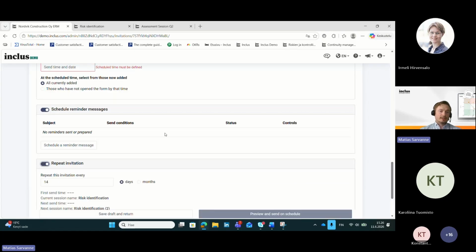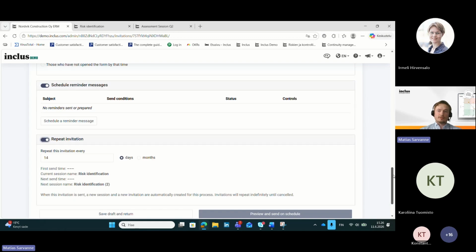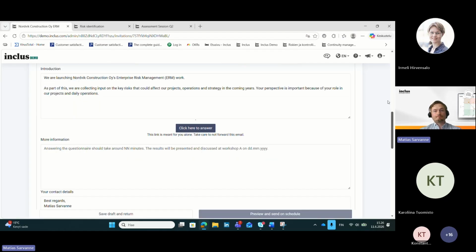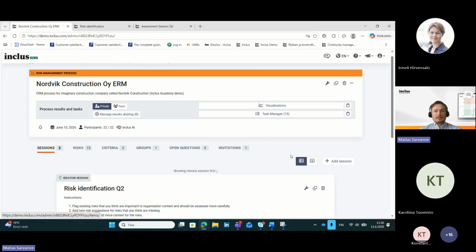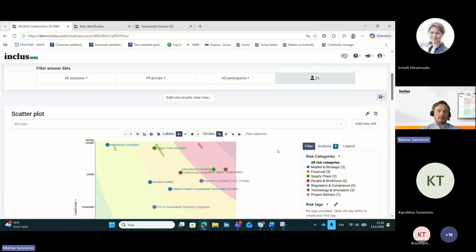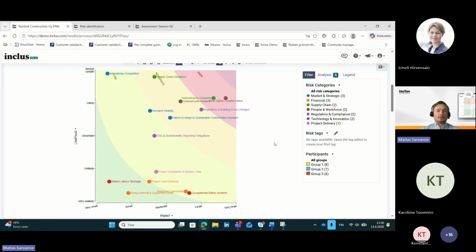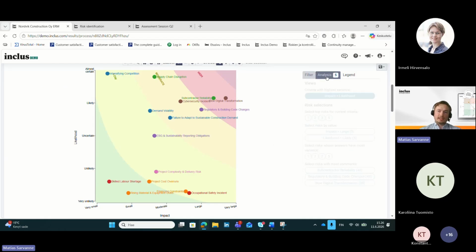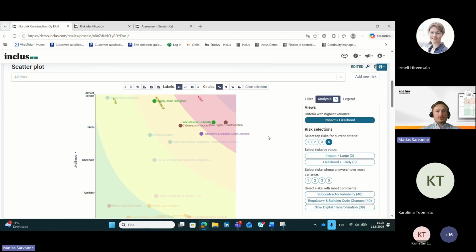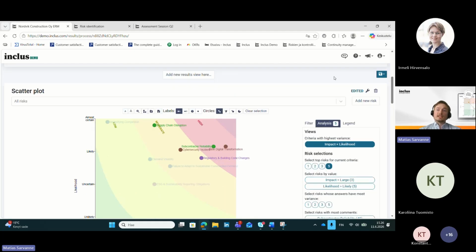And also it is possible to repeat invitations if it would be a recurring assessment, for example, quarterly or monthly. So this is quite easy to do, and when we get the results, we can, for example, in a workshop, see the risk matrix. So here we could see what the top risks are quite easily. In the basic tool, we have this kind of analysis function that highlights the most critical risks that are in the red here. And then, for example, we could use